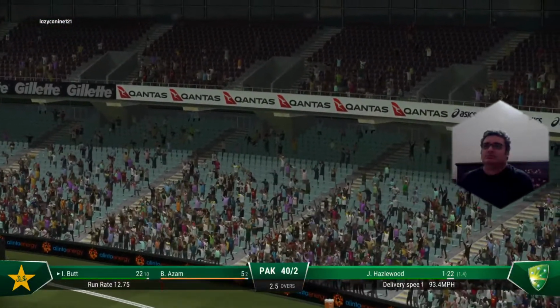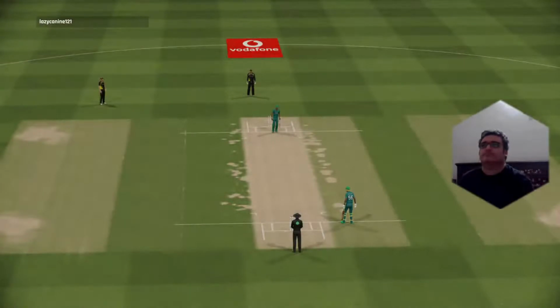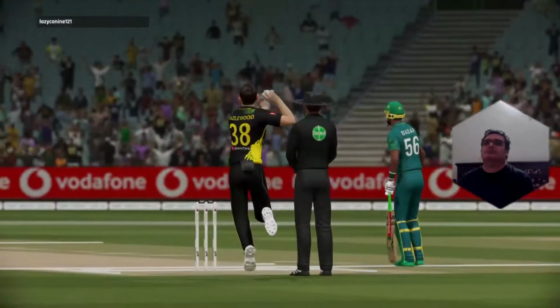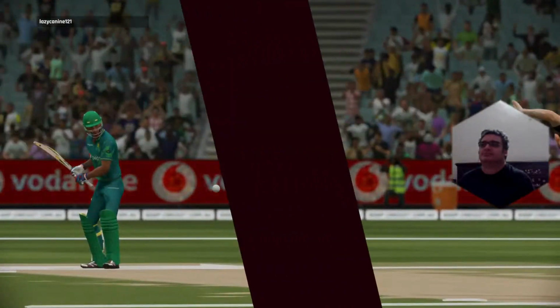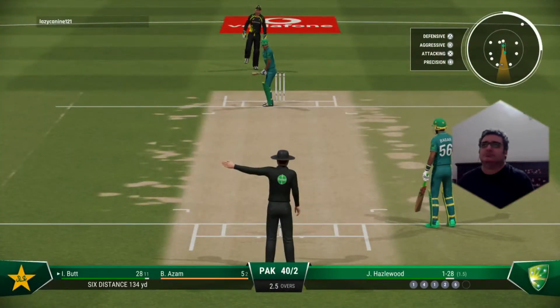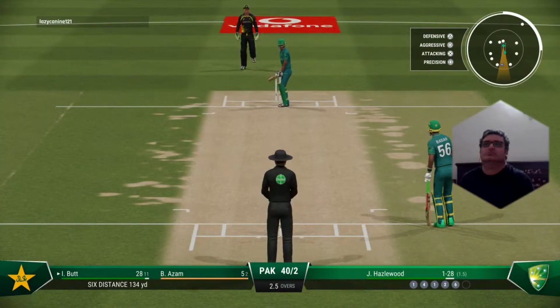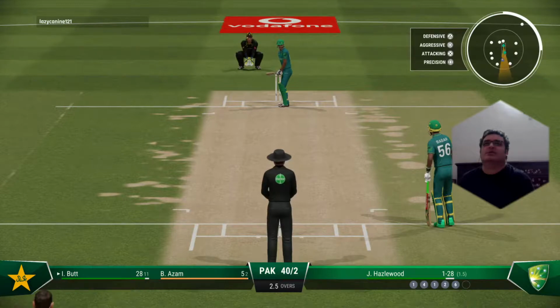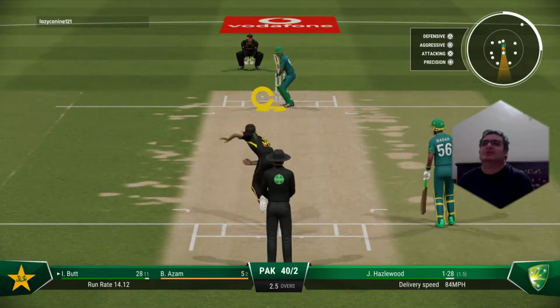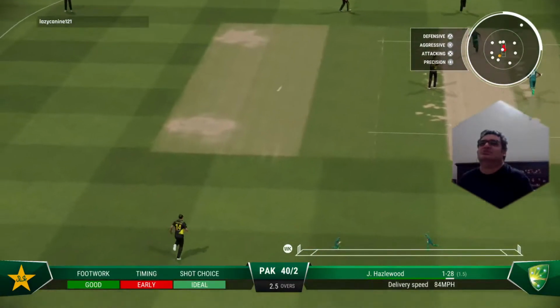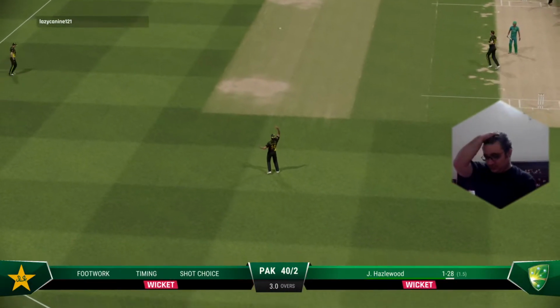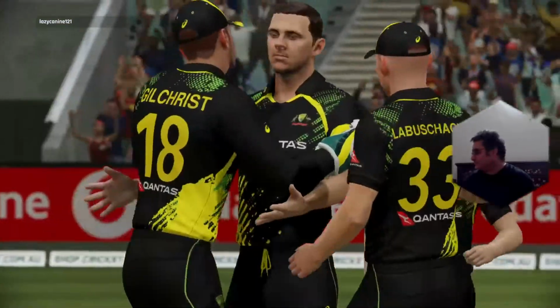Has been hit, flown into the crowd. To get that much power coming forward on the front foot is ridiculous. Getting nicely settled at the crease now. Would have been really happy with that. सब कह रहे होंगे लेग पे मारा है वो भी दिखेगा. And gone. That's a fantastic catch.